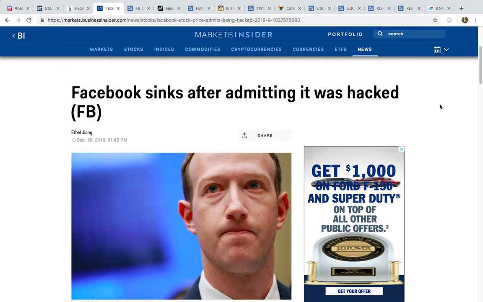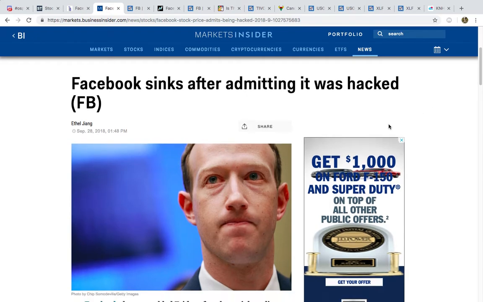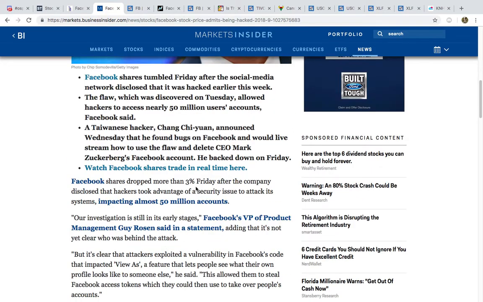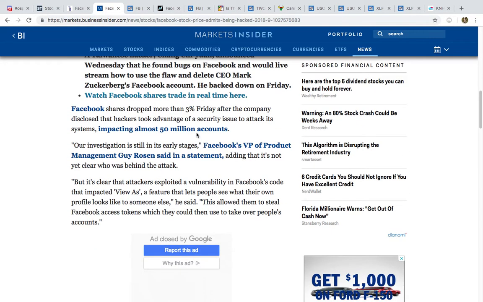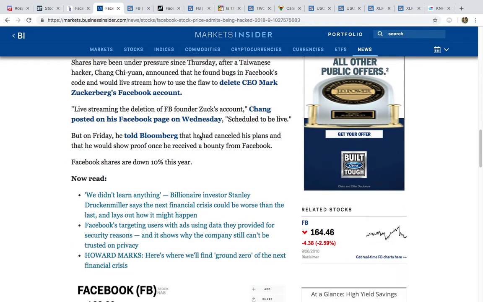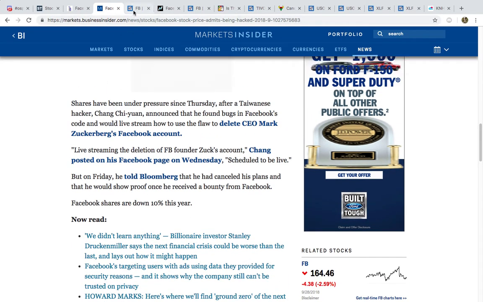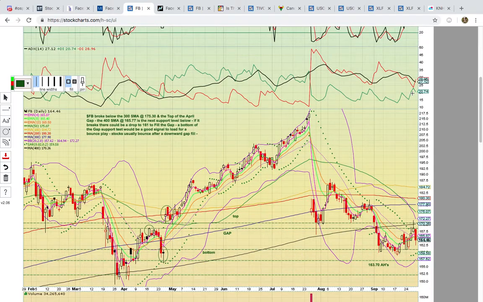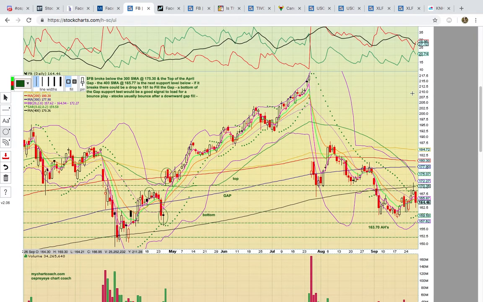It dropped on Friday after admitting that it was hacked. As you can see here, 50 million user accounts. So yeah, it was under big pressure. Being under pressure on Friday, it did close down over 2.5%, and the bearish close was below the